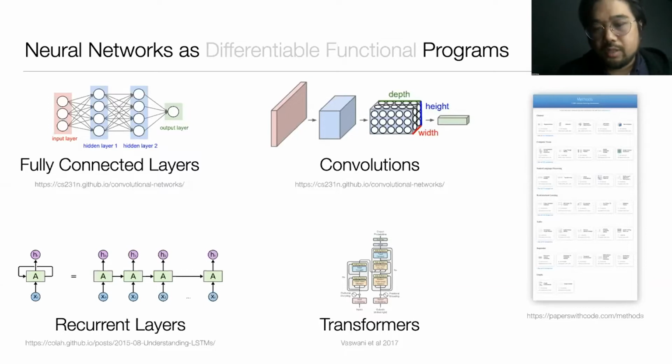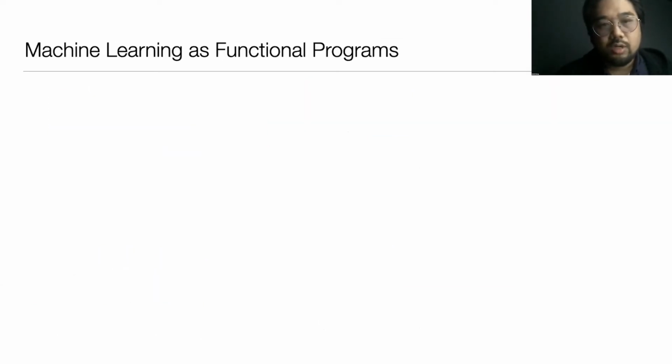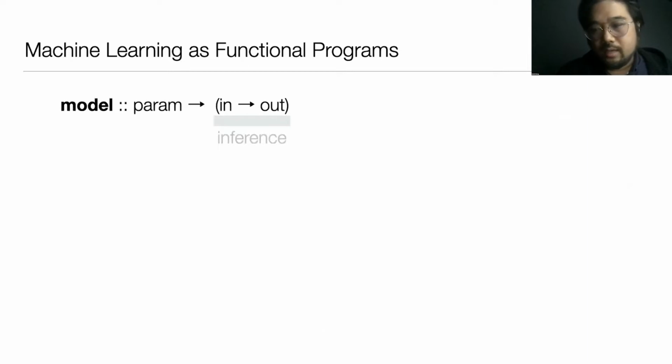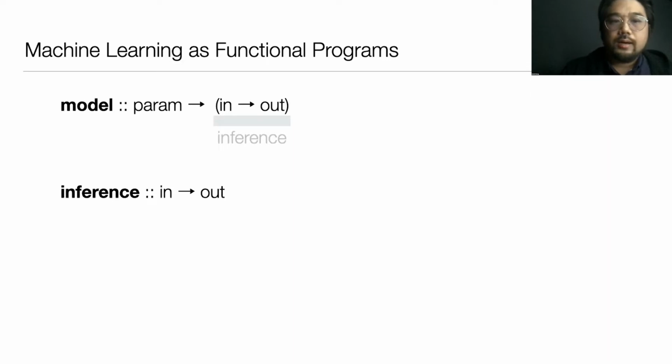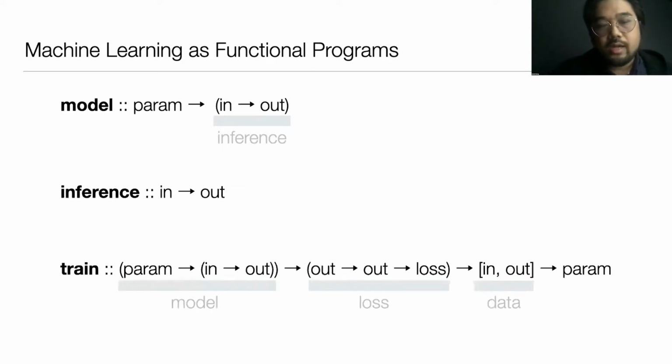One thing that's a little bit different between neural networks and traditional programs is that the final computation that you do is learned. So you can think of a machine learning model as something akin to a curried function, where it is a function that takes parameters as input and returns a function that performs your model inference. This model inference may be the prediction or the classification that you want to do. And you arrive at those parameters that you plug into your model through a training process.